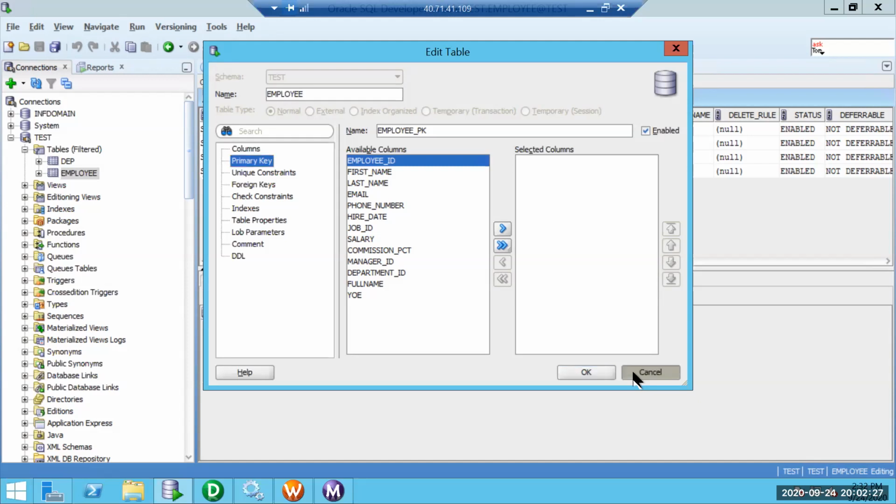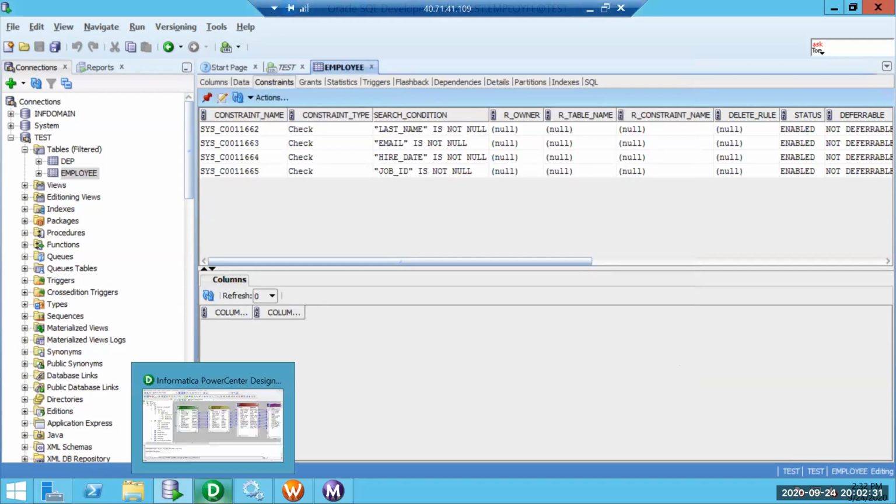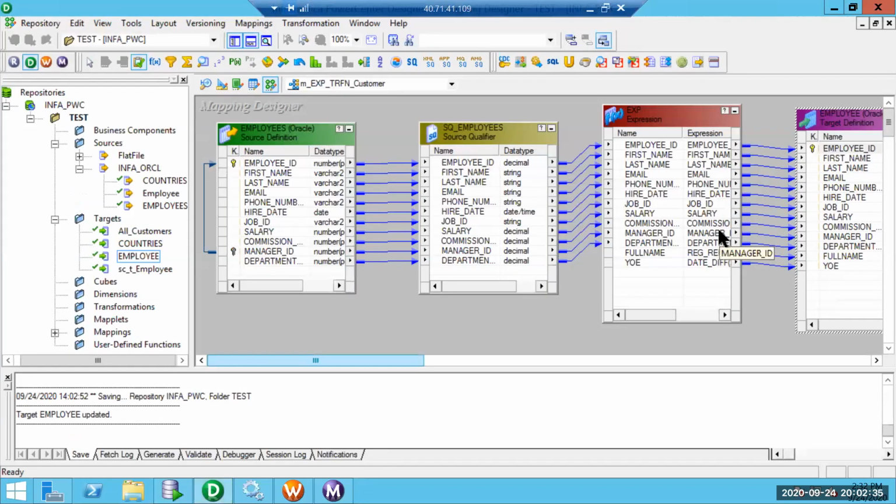So though I did not choose the key at the database level, I still will be able to manage. The whole intention is that update requires a key based on which it can generate an update statement: update table set column names equal to value, where column name equals so and so value. Otherwise, we cannot expect Informatica to update the same data.